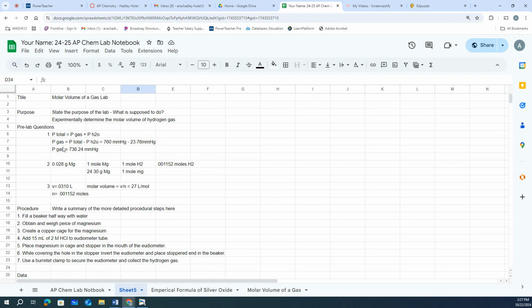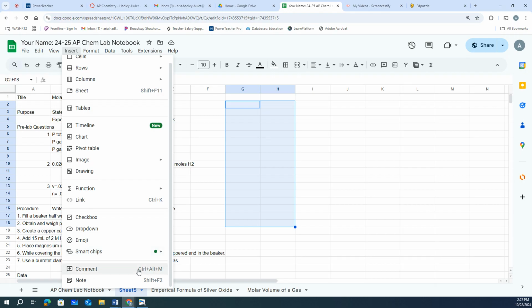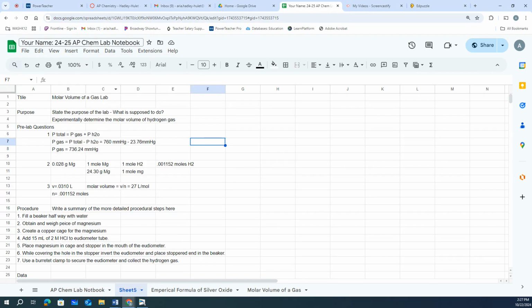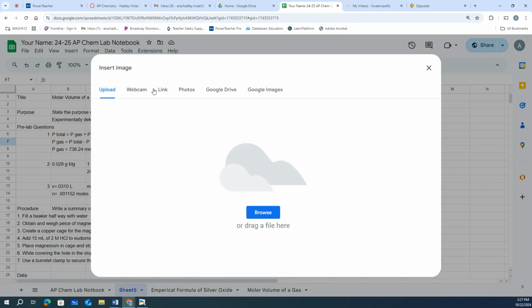And what I'm going to be looking for is, first, I just want you to add the picture that you took in the lab, right? Insert picture, where was that? Insert, maybe it's because I have some highlighted. Image, and then insert image over cells, and then you'd grab your picture from the lab and you would put that in there.